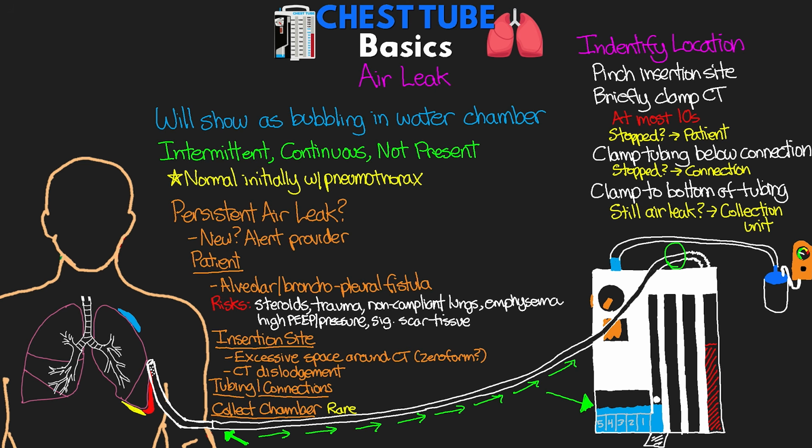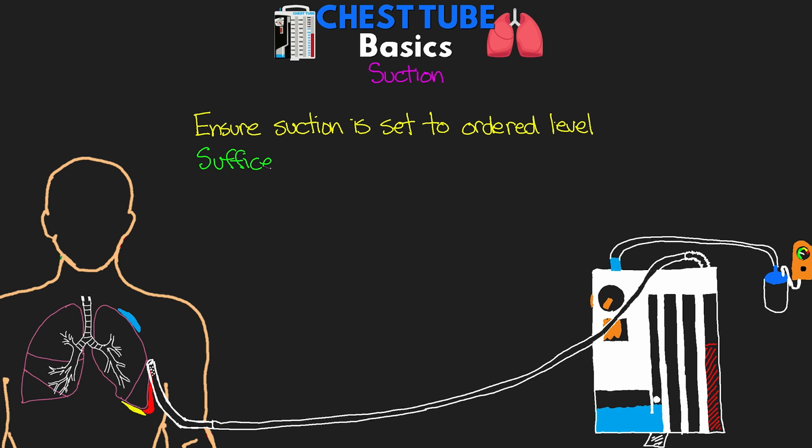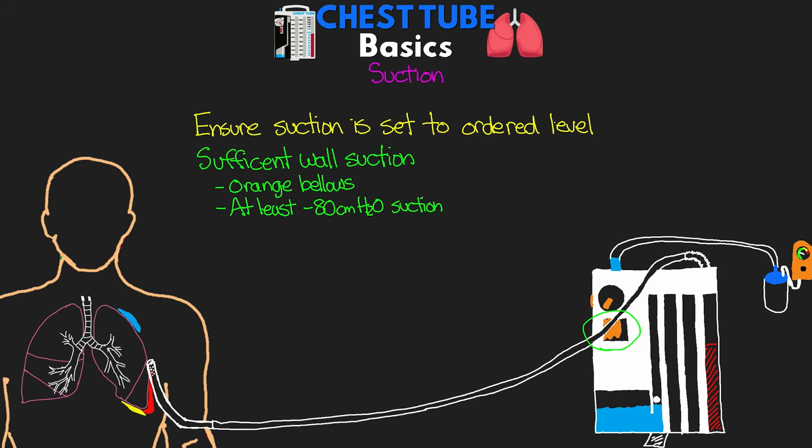Alright, so next we want to be assessing the suction that we have, and we want to make sure that we have our suction set to the ordered level that the provider has ordered. So we want to ensure that we have, first off, sufficient suction coming from our wall suction. On something like the Atrium unit, we're going to have these orange bellows that pop out to let us know that we actually have enough suction in place. They recommend at least negative 80 centimeters of water for the suction level coming from the wall unit. Obviously, the amount that's going to the patient is going to be determined by the drainage unit itself, but we want to make sure we have enough suction going to the drainage unit